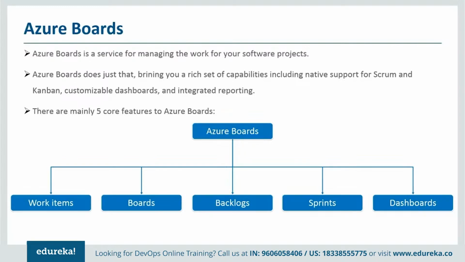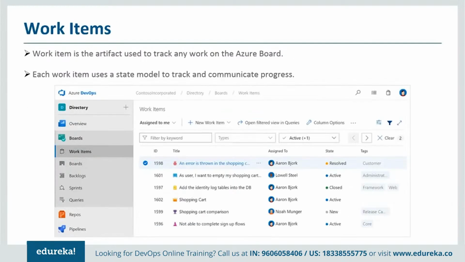We can talk slightly more on this, and then we'll see it in the demo. Now, what do we see here? We have got work items, pretty simple stuff. You can see here, this is a bug being created. This is a user story, or basically the backlog item, which is created. Then we have the tasks which are getting created. And the same way, we have got features and epics, which we can create as part of the work items.